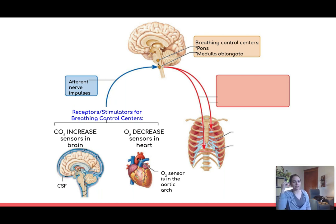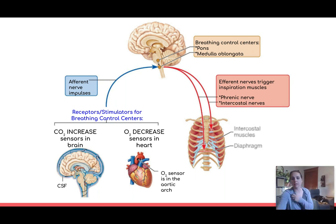They receive that information. CO2 is high, oxygen is low. We need to increase our respiratory rate. Well, how do we breathe? It's just the muscles of my thoracic cage. And so that's what's going to be stimulated. So the nerve signal going out to my body, remember, is going to effectors of my body. And the two main things are going to be the nerves going to my intercostals. So my intercostal muscles, they are all surrounding my rib cage,